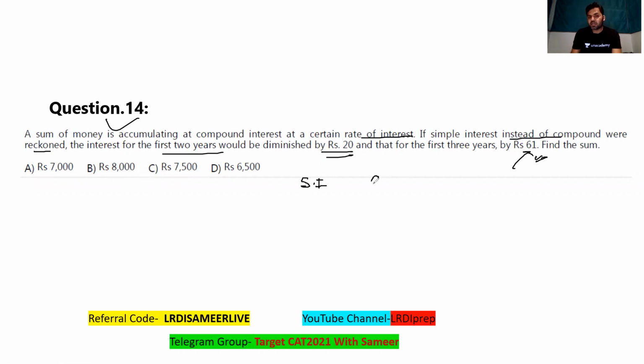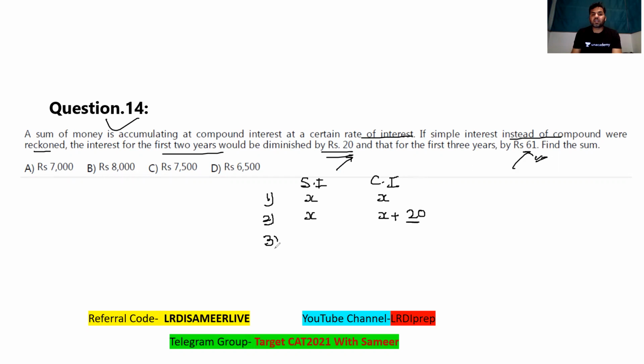When I'm thinking about simple interest and compound interest, the first year the interest value is the same, right? Whatever simple interest you're getting in the first year will be the same. In the second year, SI will be the same as in the first year, but in compound interest you will be getting X rupees, plus an additional amount, which will be the interest on interest. Because the difference between 2 years of SI and CI is 20, the extra value that you're getting here is 20.